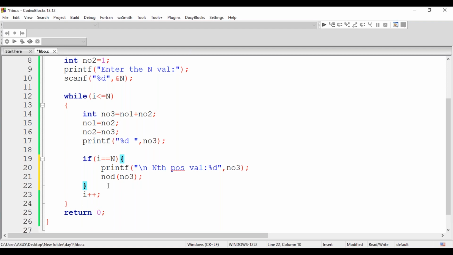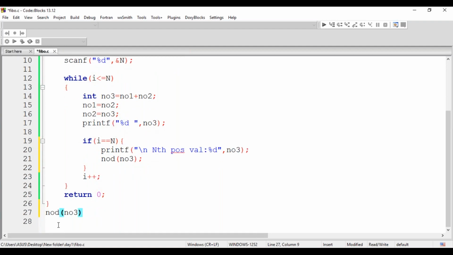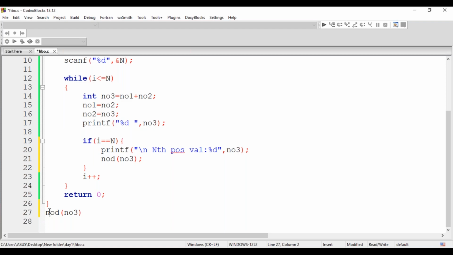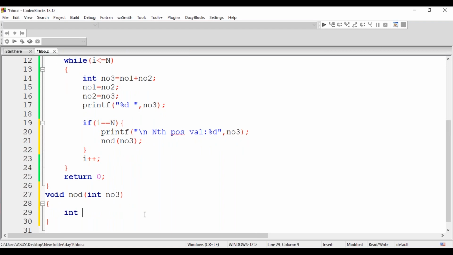Our third task we are going to write now. So let us go ahead with your function definition. You can even put this one also in a function separately, guys. So I'm just placing the series generation separately and this one separately. So here let me mention void number of digit followed by int, let me keep it as number 3. And here a common logic you're supposed to mention.